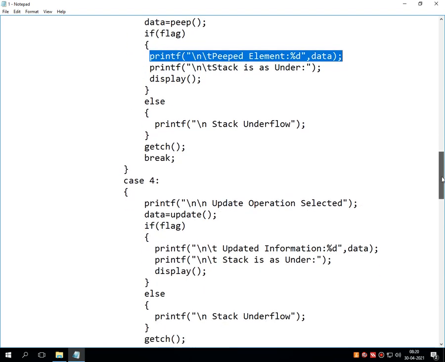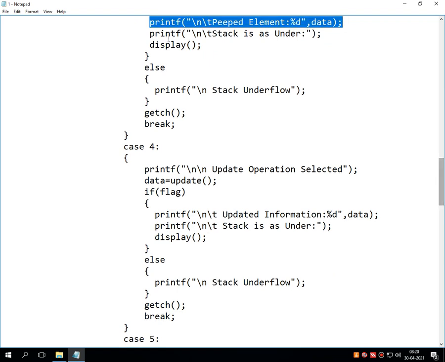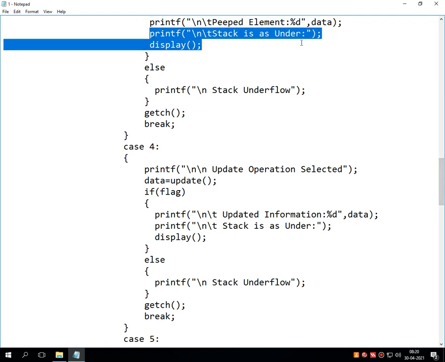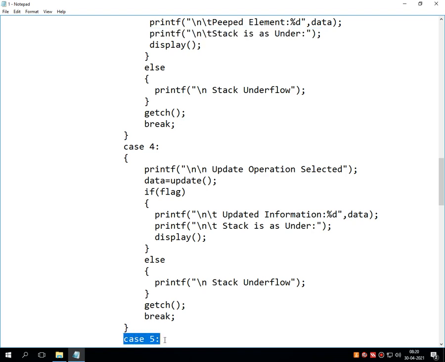Fine, again pause the video, and write down the logical lines from this printf statement, stack is underflow, to the label of case number 5.